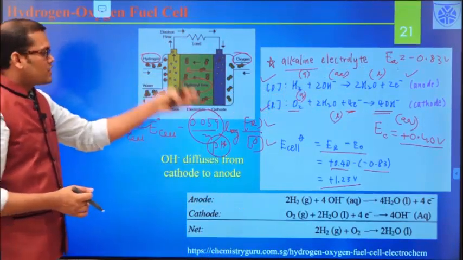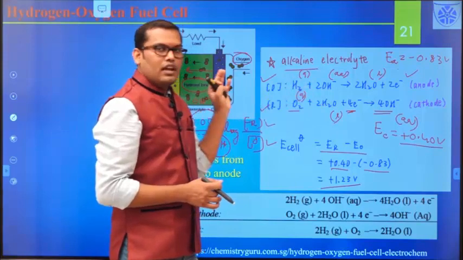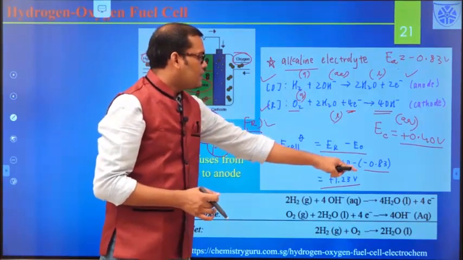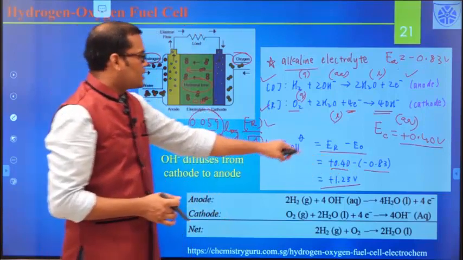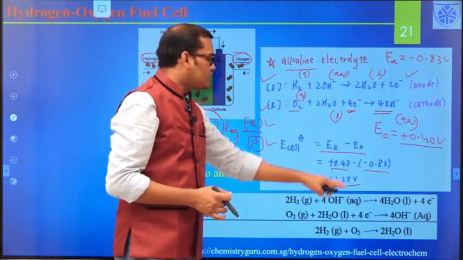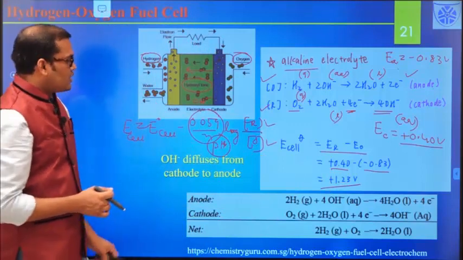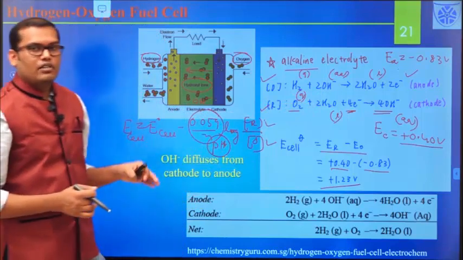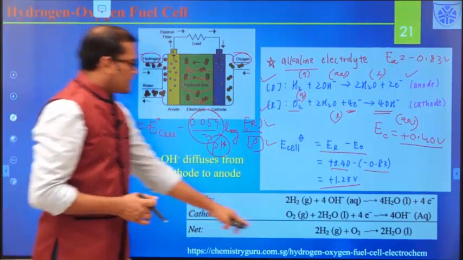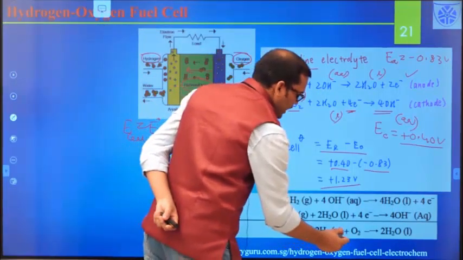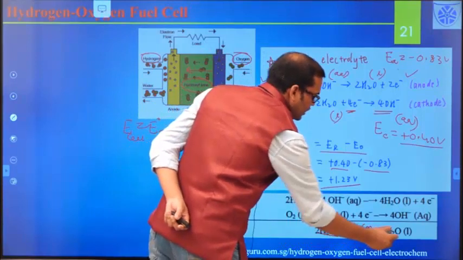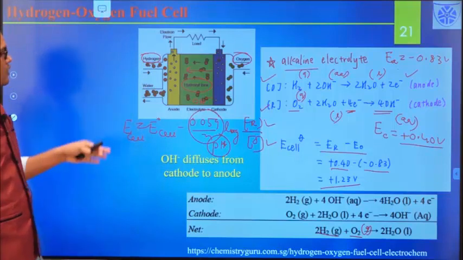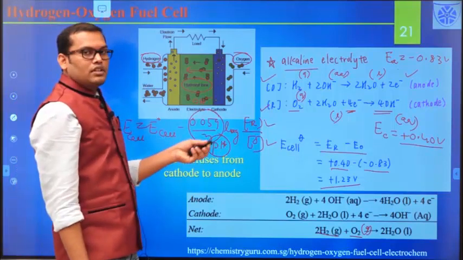You must have studied these basic things in the last unit, so I am not going into much detail of that. I just mention here the potentials of each half electrode, and how you get the total potential out of it, right. What you have to remember is each electrochemical reaction occurring at each electrode, and try to find the total reaction, which is basically 2H2 gas plus oxygen gas, giving water as a liquid, and finally the electricity. So this is how the two different types of hydrogen oxygen fuel cell work based on the different electrolyte.